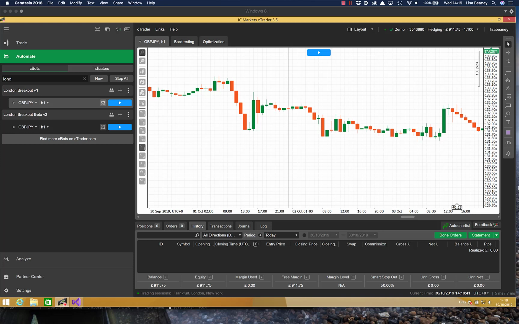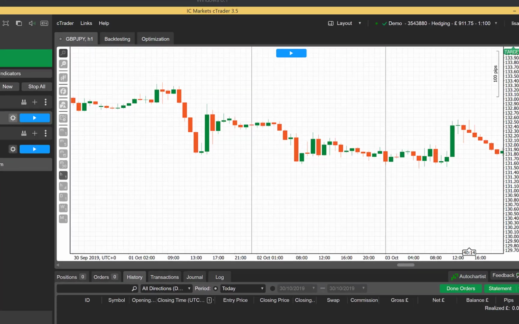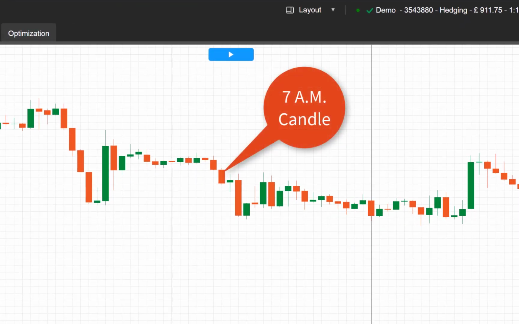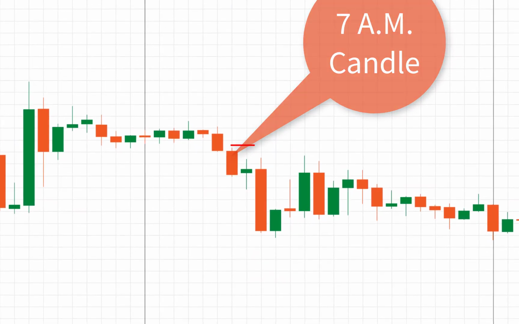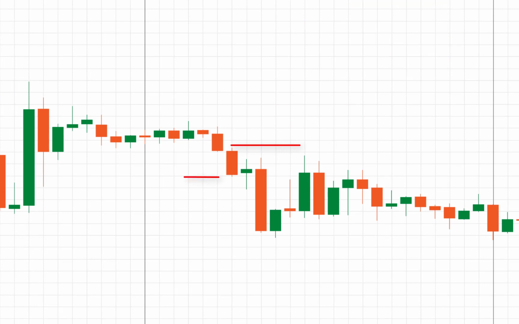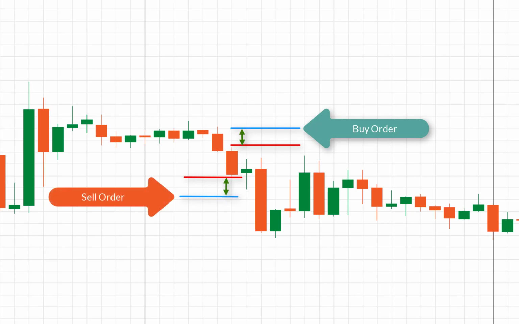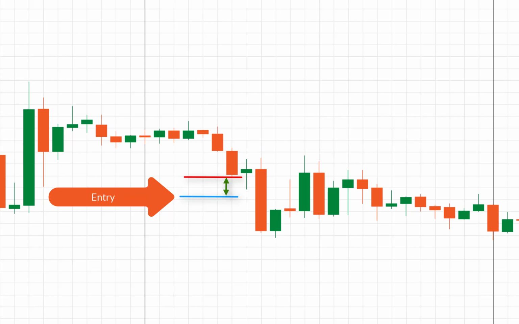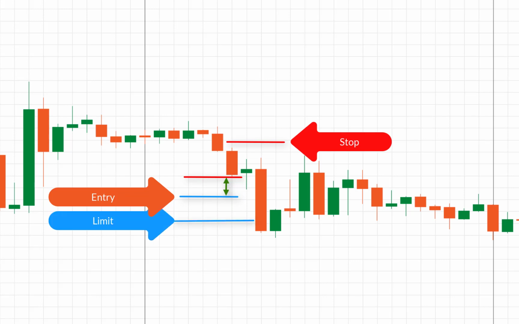It's based on the GBN and it's based on the 7 AM candle. The theory is that at the close of the 7 AM candle, you take the high and the low and then place orders on the system a certain number of pips away from the high and the low. When one of those orders is triggered, the other is cancelled off the system, and then there is a set stop and limit for these orders. So if I show you